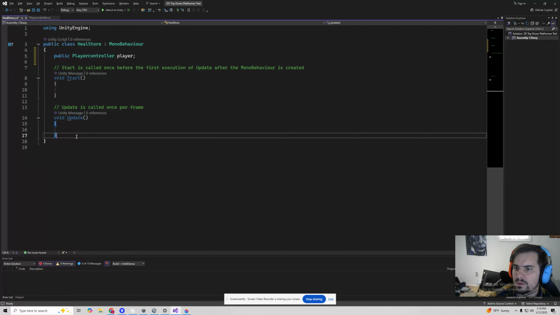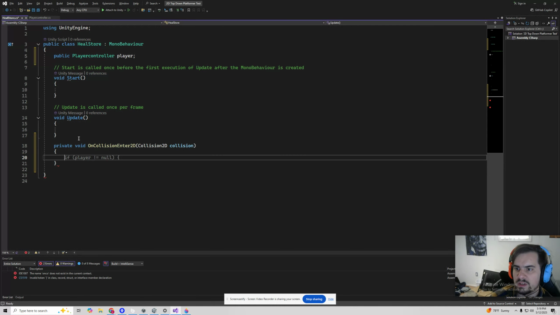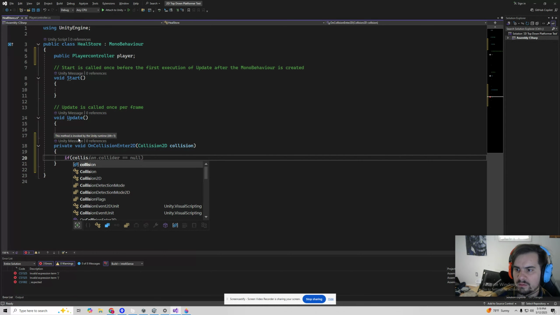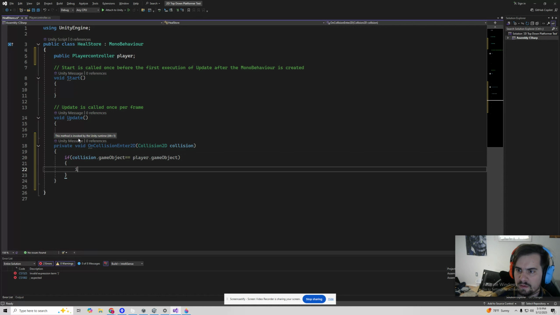On trigger enter. On collision enter 2D. If the, so this is when something collides with this heal store. If the collision dot game object equals the player dot game object. So if I collide with the player, then if